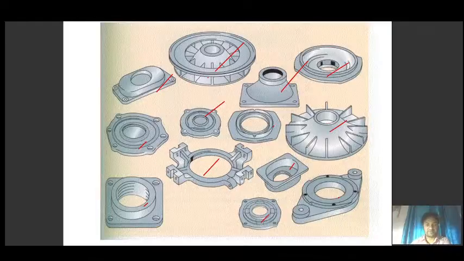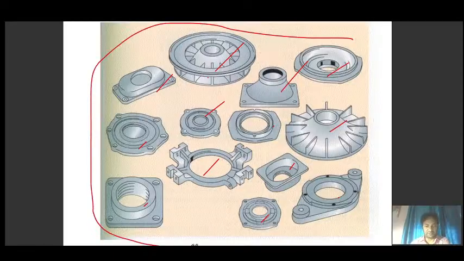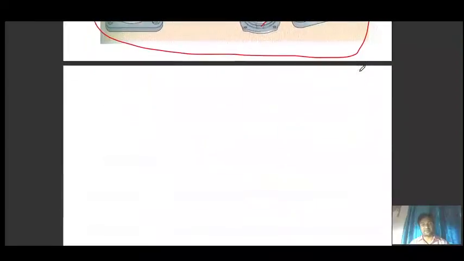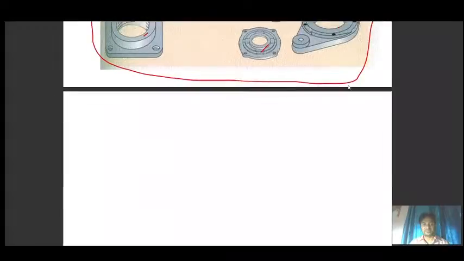So how can we classify all those parts into a part family? By looking, we see some differences. You can group the parts in this way.